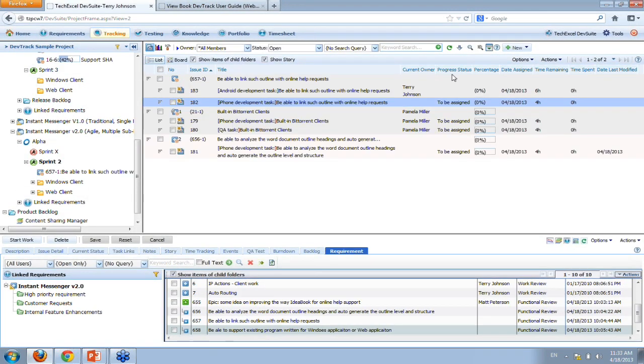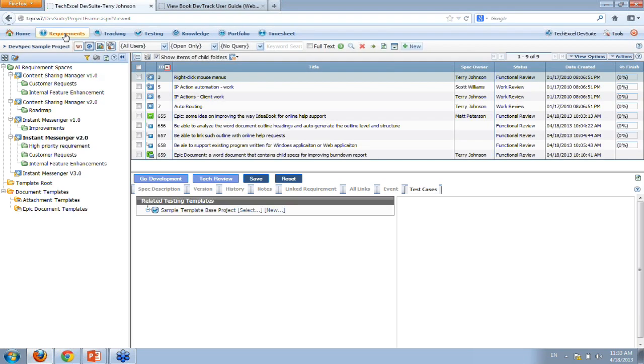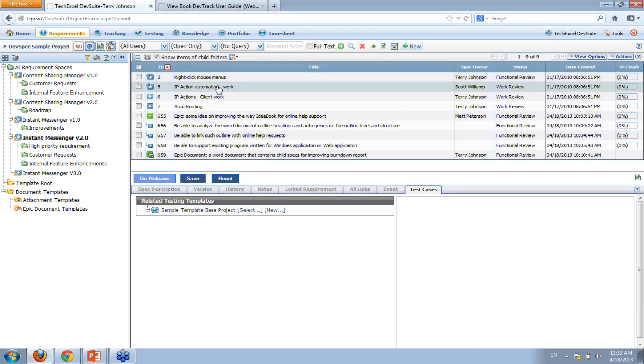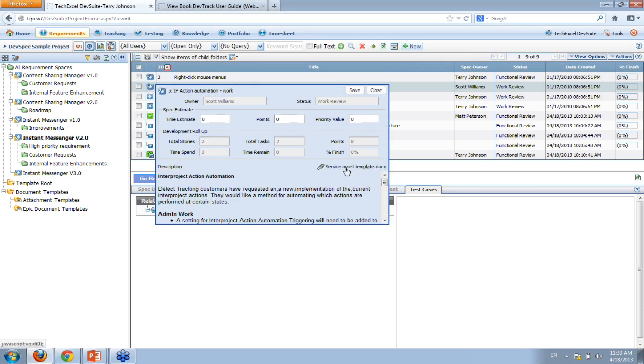So once you click on OK, now you create both the stories as well as two more tasks. And in case you are working with a more traditional development, then this requirement view becomes useful for you to more formally manage the requirement with workflow support. For example, you can create a requirement and link the requirement with a Word document,